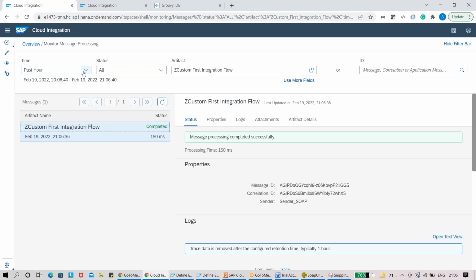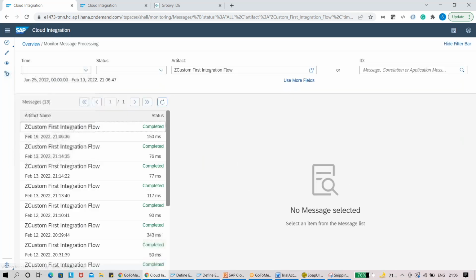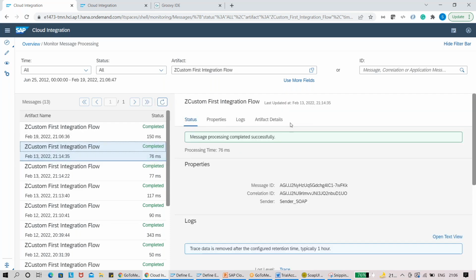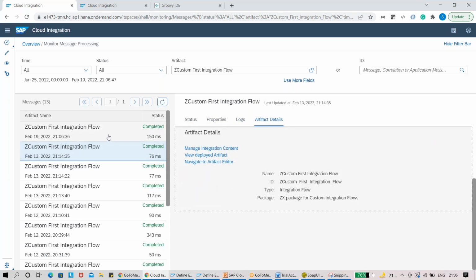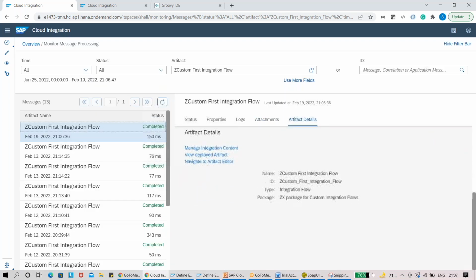Now, one thing which I want to talk about is, last time when you saw our previous iFlows, you used to see the 4 tabs: status, properties, logs, and your artifact details. What you will see in this particular case, where we have attached that particular body, is that a new tab is enabled, which is called attachment. So if you just look here,